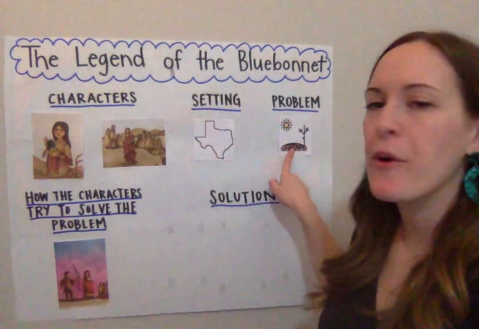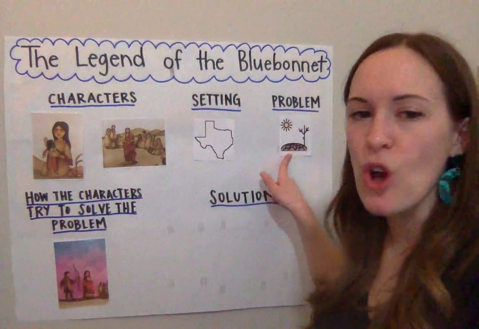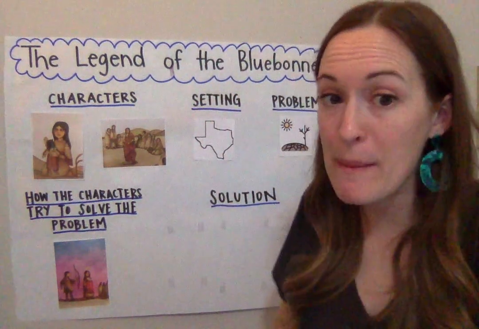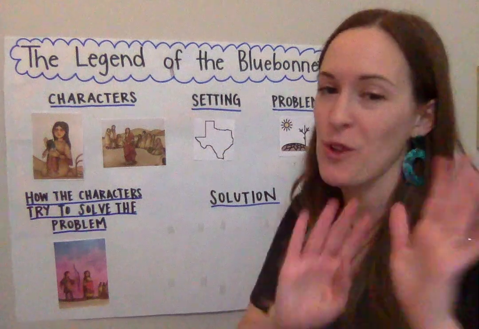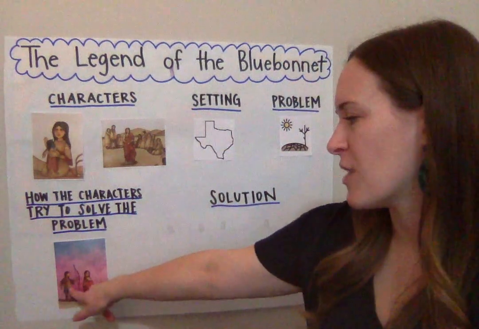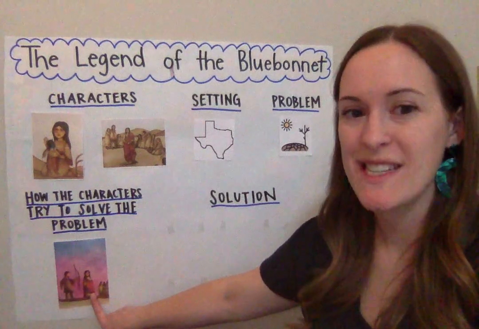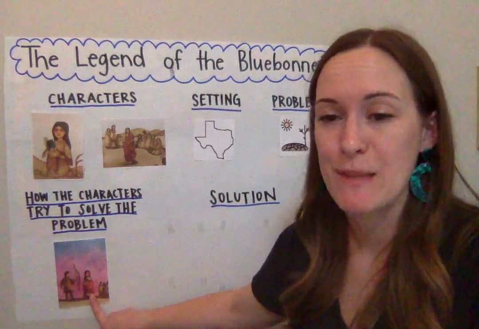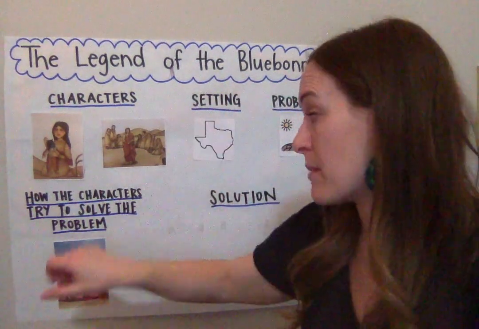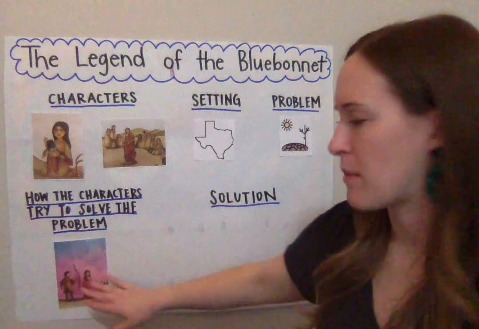Oh, yeah. There was a drought and a famine. There was no food and no rain for the people. So the shaman told all of the people what they had to do to solve this problem. Did the warrior and the woman want to give up or sacrifice something special? No way. You can put your thumbs down. They did not want to sacrifice and solve the problem. So this is how they tried to solve the problem.